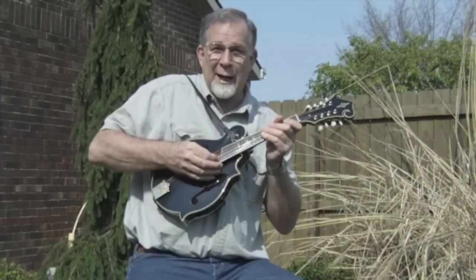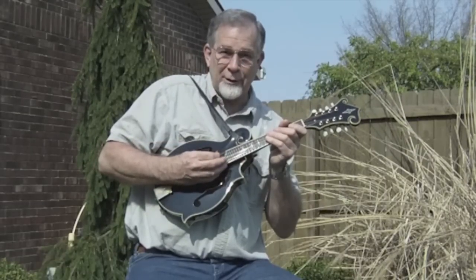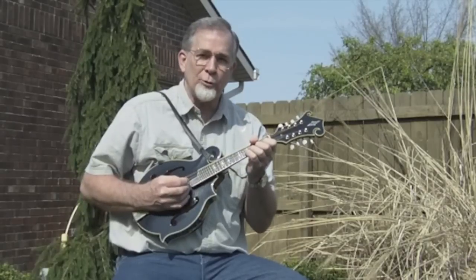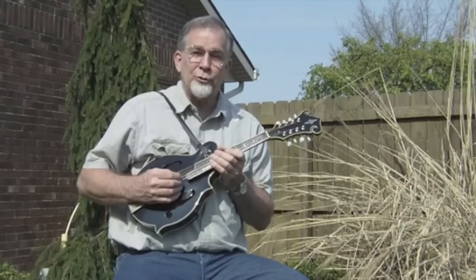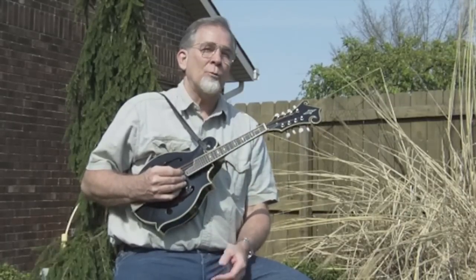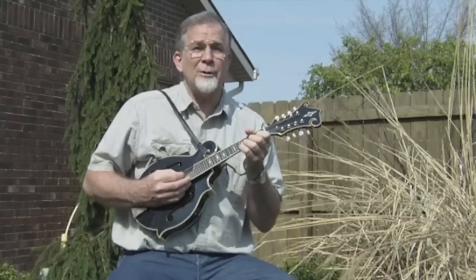The more aligned with the string the pick is, the louder the sound and the more tactical and speed picking you can get. The more tilted in rotational angle counterclockwise from your point of view will give you a softer sound and a much more mellow sound. You can get exceptional tone and still play close to the bridge. Now, the reason that's important is the closer you play to the bridge, the faster the string responds because its tension is higher the closer you get to the bridge. With most picks, you get a rather tinny sound when you play close to the bridge. With this pick, you still get a nice mellow tone playing close to the bridge. An example might be a simple song like